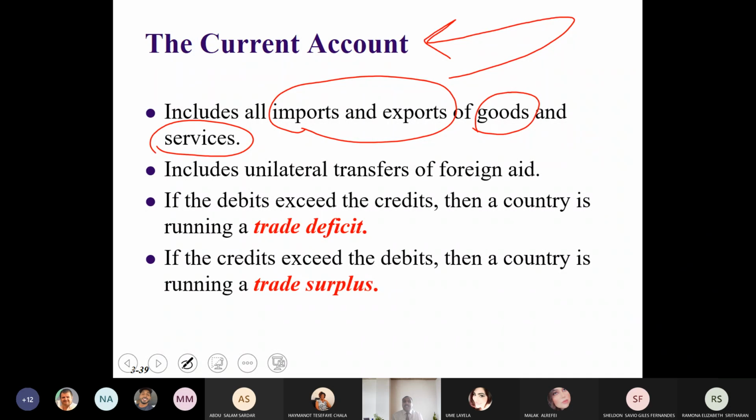And sometimes the imports are more than exports, and sometimes the other way around. We have two terms, trade deficit. Sometimes this account shows a deficit, sometimes this account shows a surplus. What is deficit? When the exports, or you can say imports,